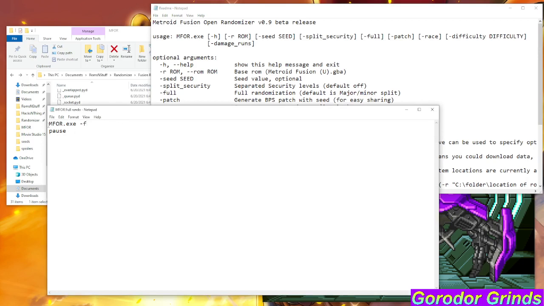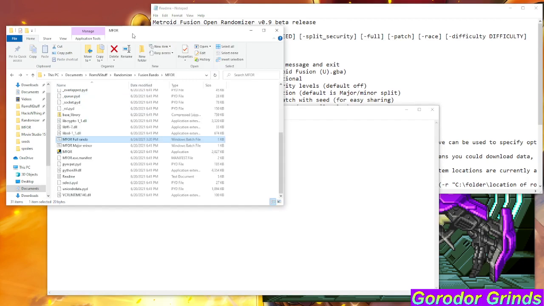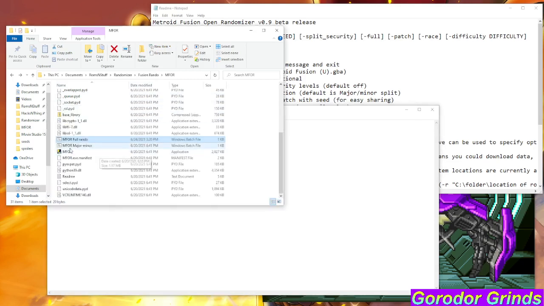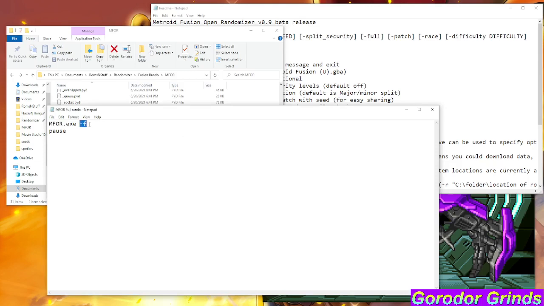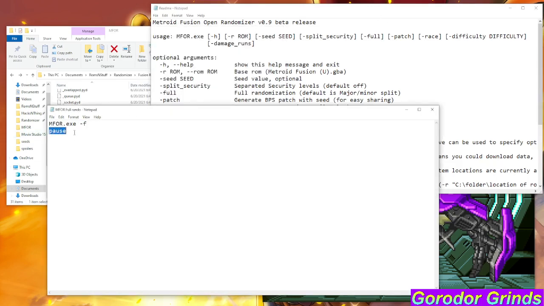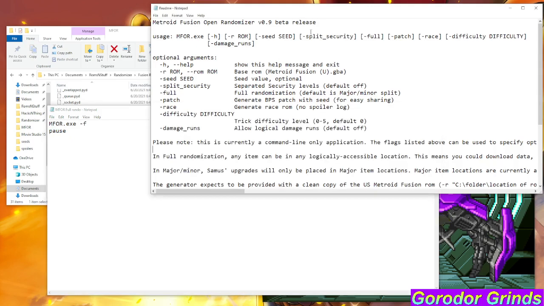So when you, from my understanding, when you click on this, it's going to read this. It's going to run that, which is this file right here, the application. And when it gets done generating, it's going to pause, like it said. And it said, press any key to continue. All right, so if we go to the README,